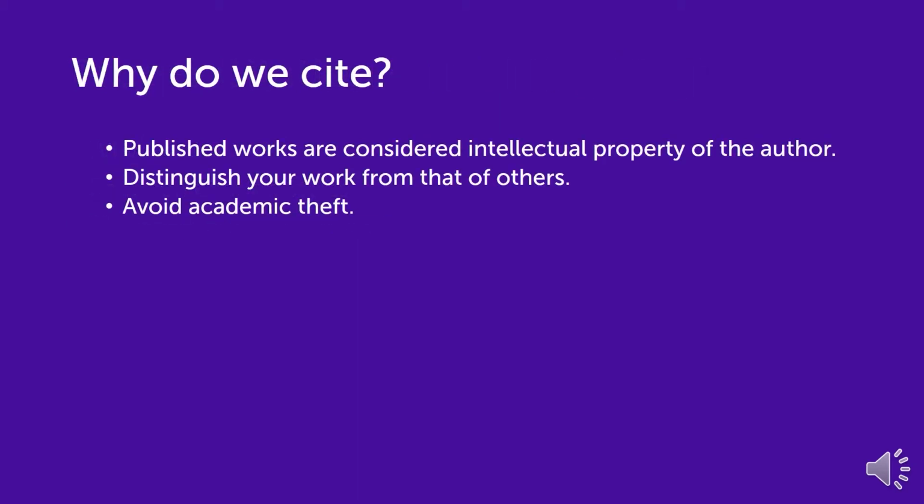Why do we cite? Prevalent in academics, writing is considered intellectual property. As such, authors should receive credit for their work. Citing a source makes it easier for your reader to find your source if he or she chooses. It also distinguishes your work from the work of others. By identifying the evidence to support your position and the location for where someone could find your source, you participate in scholarship rather than thievery. Academic theft is known as plagiarism.